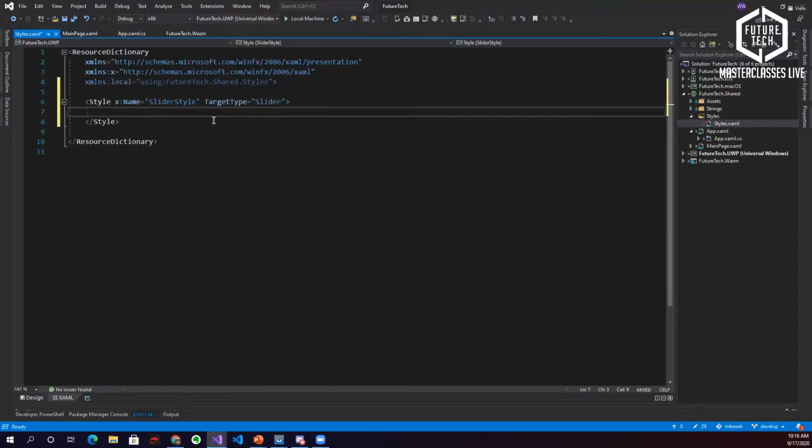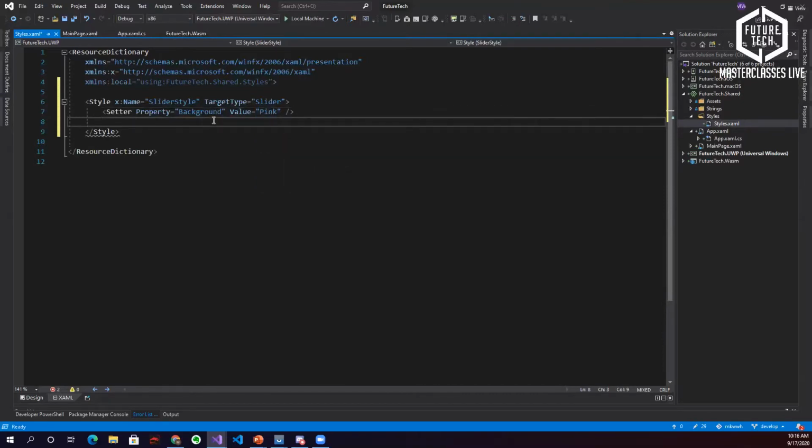Within this style control, we're going to add our setters. So a setter needs to be added for each individual property that you want to change. This particular property, we're going to change the background and set the value to, we're going to go with pink. I'm going to go with pink today. I'm feeling a pink day.